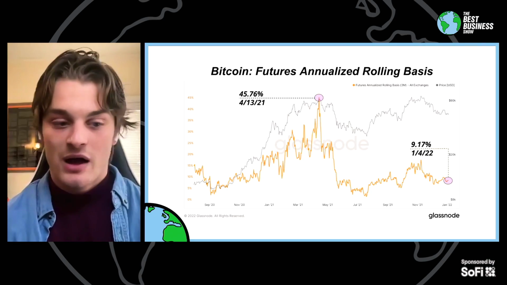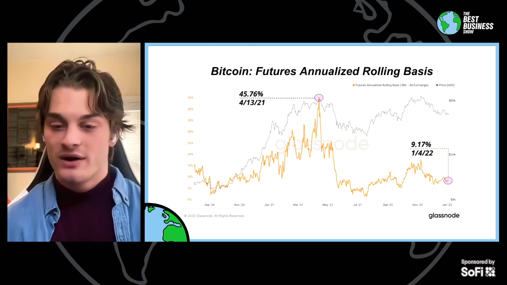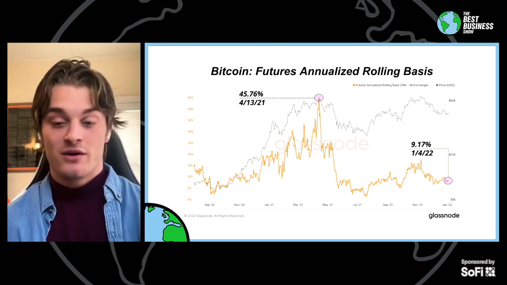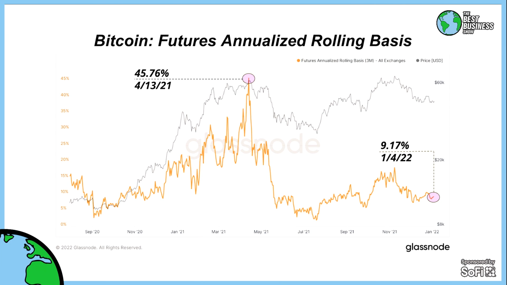Got it. And then when we start to look at the annualized rolling basis, what is this showing us? So this is just similar to the perpetual swaps. We have quarterly futures markets. So say March of 2022, there's a Bitcoin futures contract for that, right? So right now, Bitcoin's say at 47,000. The March 2022 contract could trade at say 48,000 or 49,000.